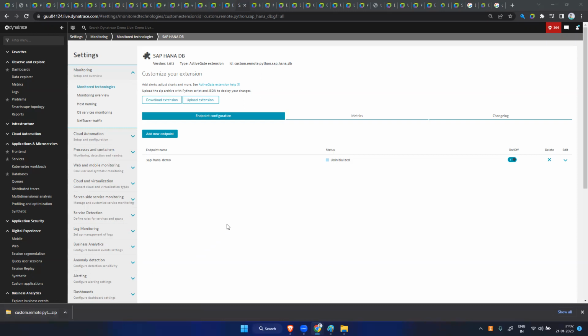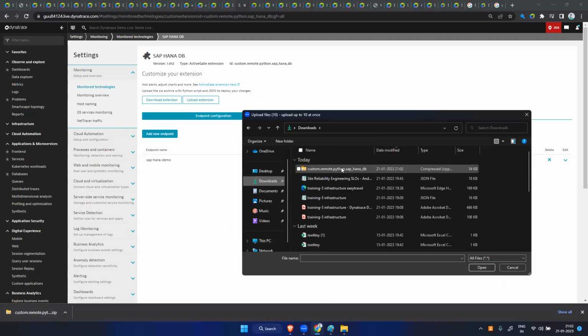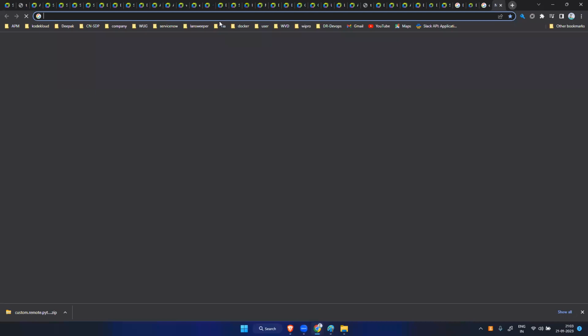Yeah, you search. I will tell you. Okay, one second. If you Google a little bit, I think everything is in the community also, we can get a lot of plugins. Everything is available on the internet. But it's not that you should develop everything on your own, right? Suppose you want to fetch, you can download from there. You want to do an SAP HANA DB plugin, right? Just search